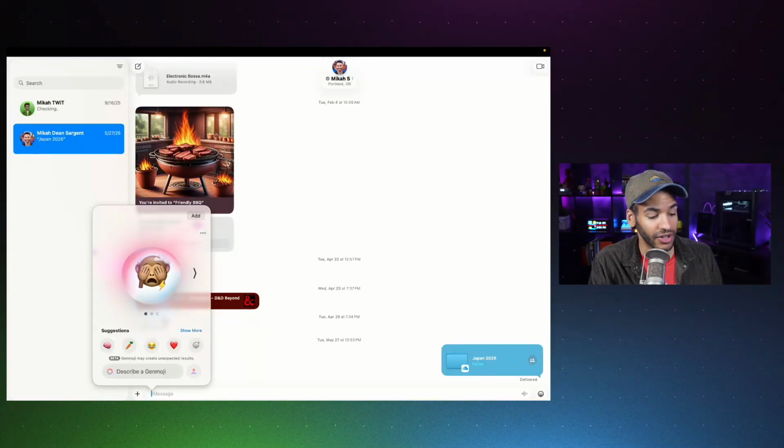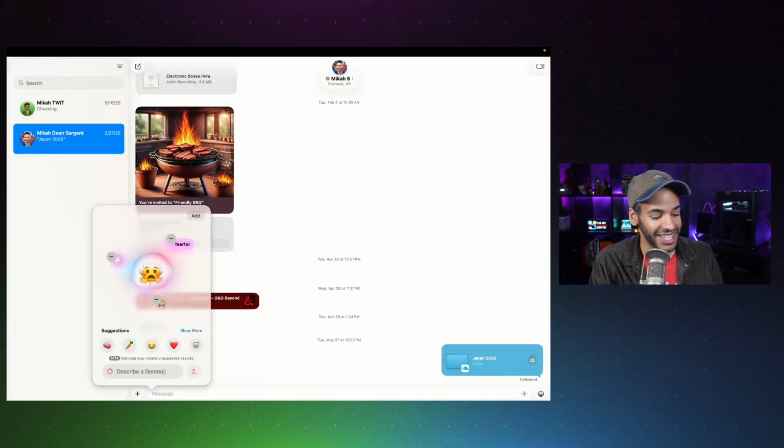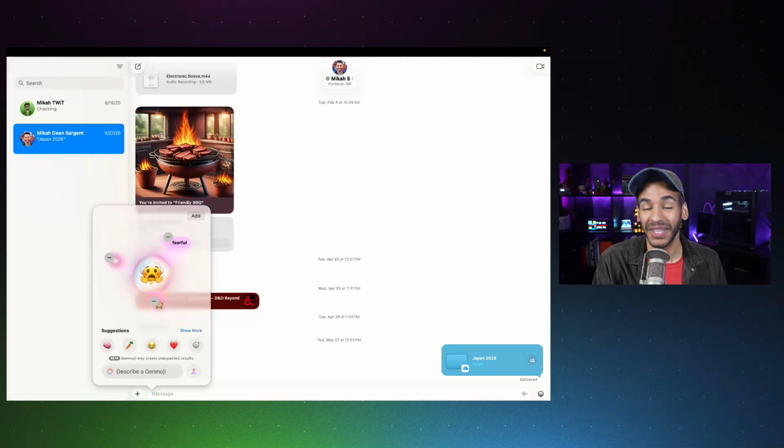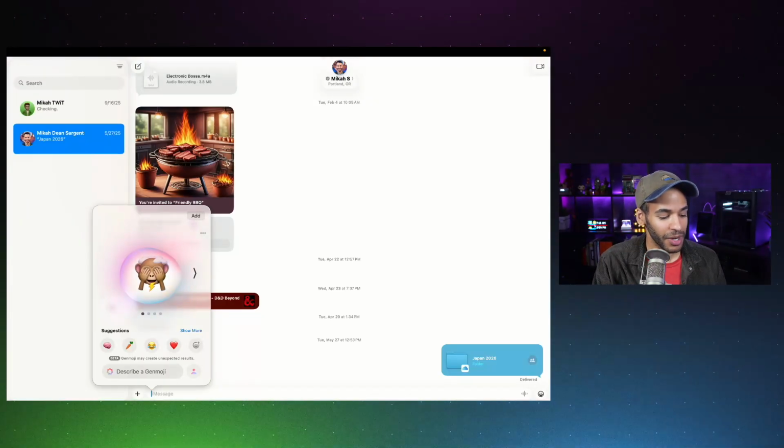Now at least the monkey looks fearful. There are clouds above it. There's a lightning bolt below it. And you know what? It's not what I was looking for at all, but that's what you get whenever you are using Genmoji to try to create something. Instead, what I'm going to do is use the option that Apple provides in its own